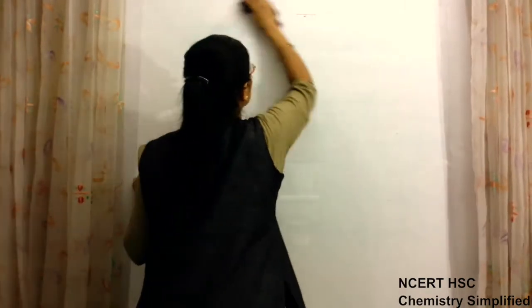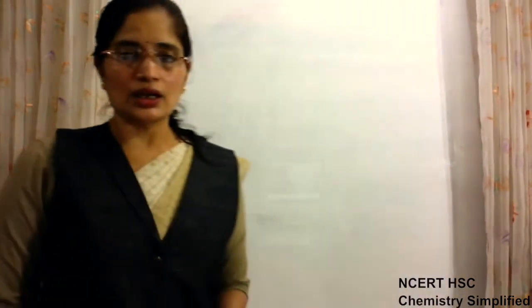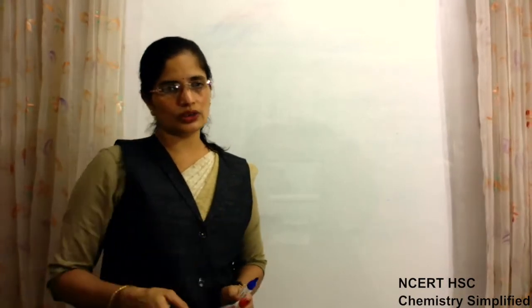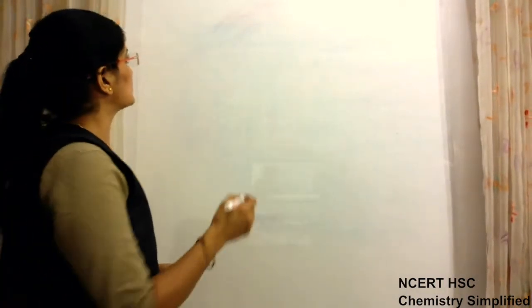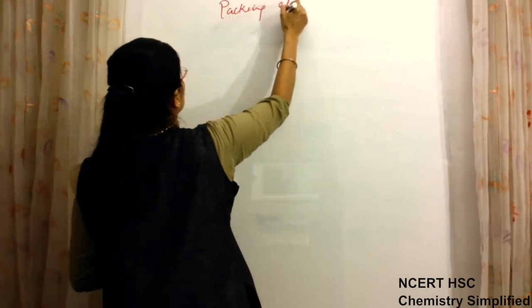Derivations as such are not asked. But formulas for radius and the formula for finding the value of a are asked. That is why we have to do them. Okay, so packing efficiency,